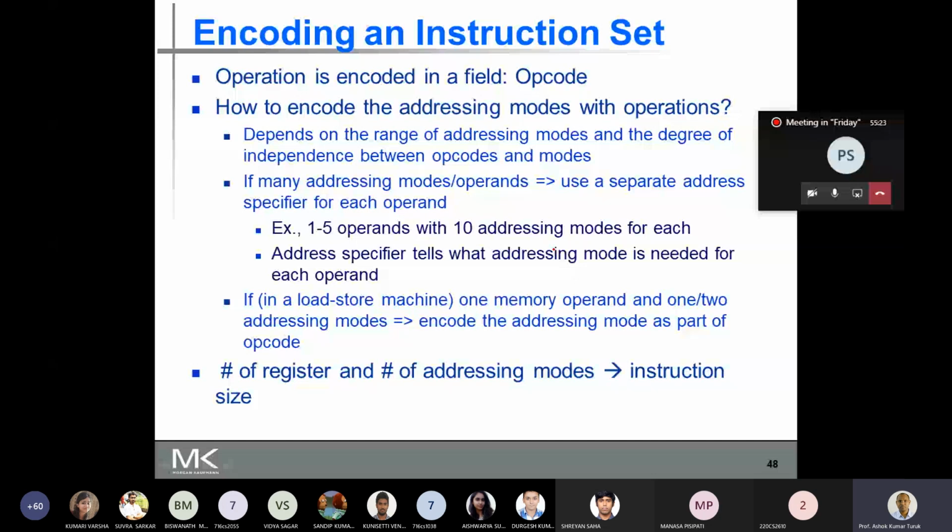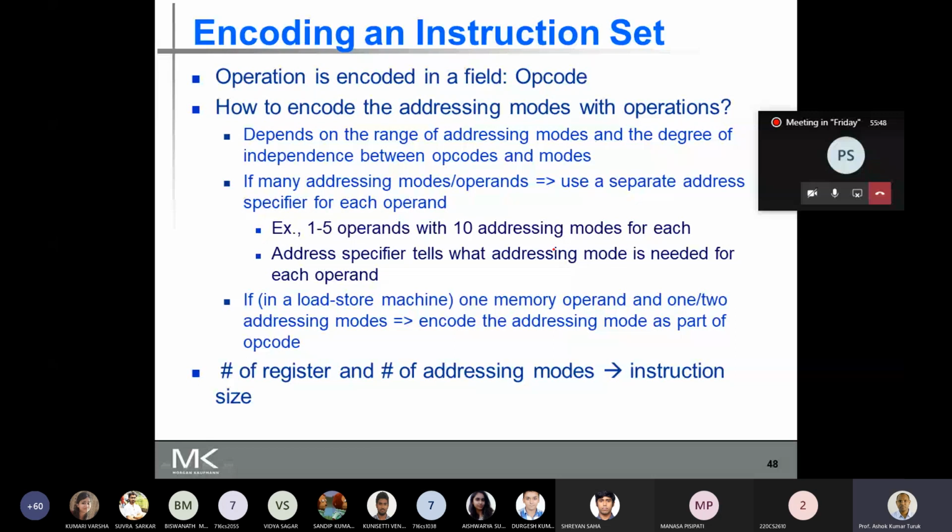So that indirectly affects the size of the instruction, which in turn affects the size of the program. The instruction size directly affects the size of your program. So the number of registers and addressing modes indirectly affects the size of the code generated for the program.